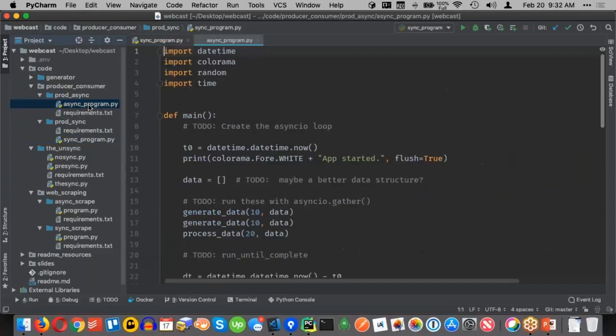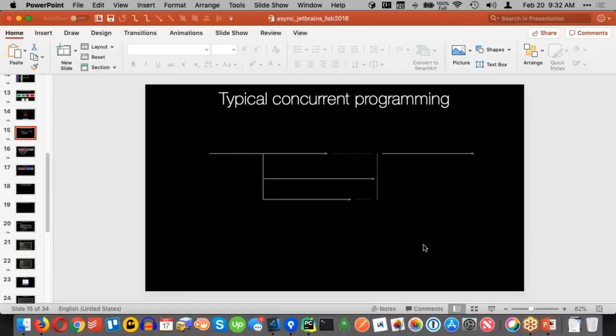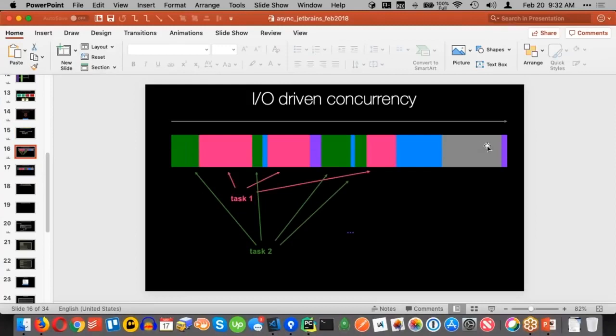So over here, I have the same program marked up so we can fly through it real quick about what we need to do to take this program and convert it over. Okay, so the first thing that we need to do is create this async event loop. Remember, the thing that manages those little slices and executes this one and that one and so on, we need to create that.